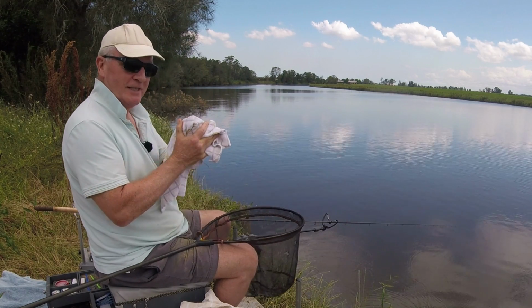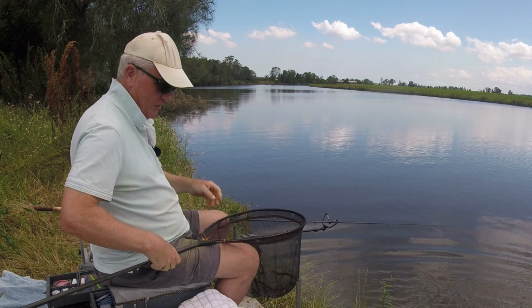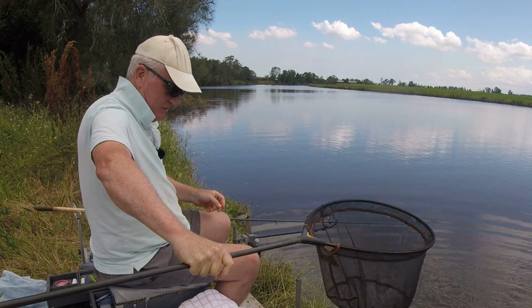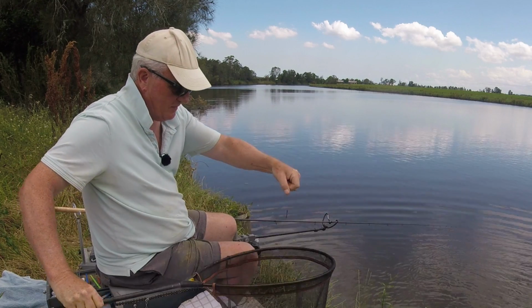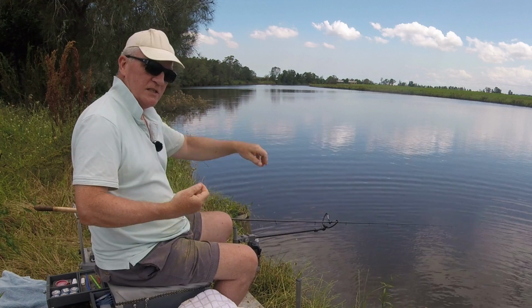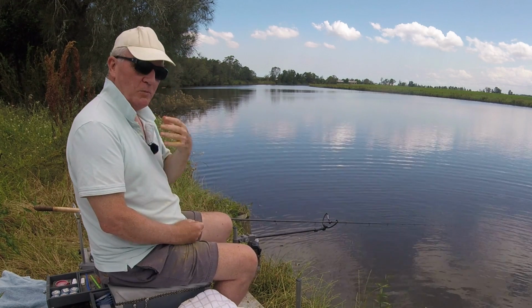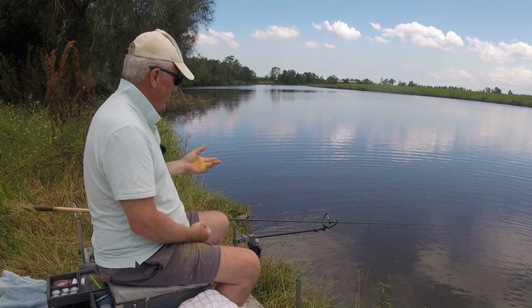The good news is I've broken me jinx on this swim. I've caught far more today than I've ever caught here, which is great news. The bad news is, of course, that most of them are fairly small. One decent sized one, which is what, £8, £8.5, something like that. But hey, the whole point of coming fishing, like I always say, is to enjoy it, and I have done